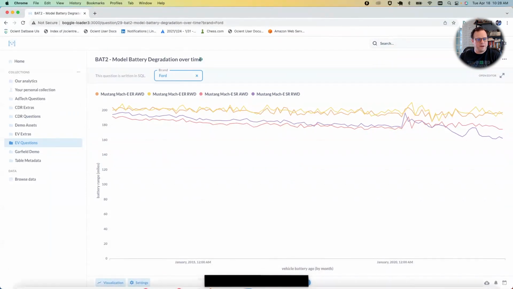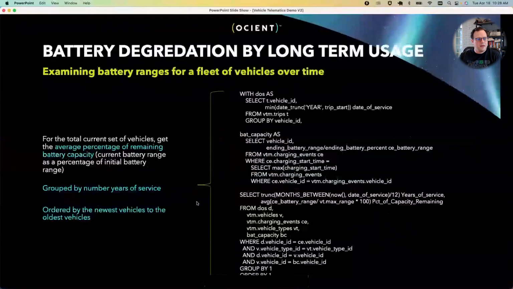Okay. Now we're going to look at the battery degradation by long-term use for all of the vehicles. In this one, we'll be looking at the total set of vehicles and getting the average percentage of remaining battery capacity when they're out in the field for a number of years.